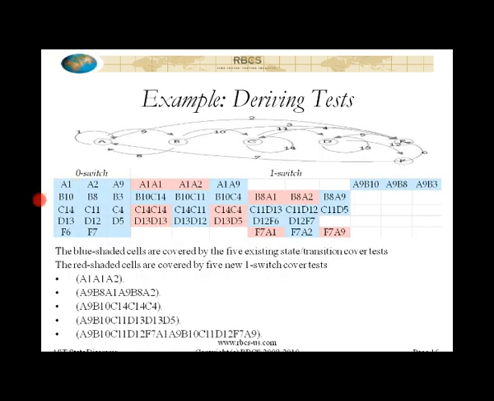Okay, so let's take a look. The 5 tests that had been previously defined for state transition cover are shown in the blue highlighting here. Okay, so you see we did get all of the zero switches, plus we got a bunch of the 1 switches. See that? Just by tracing through the 5 existing tests. But there were some that we didn't get. Okay? So the red shaded cells are new ones. So we did not get A1, and we